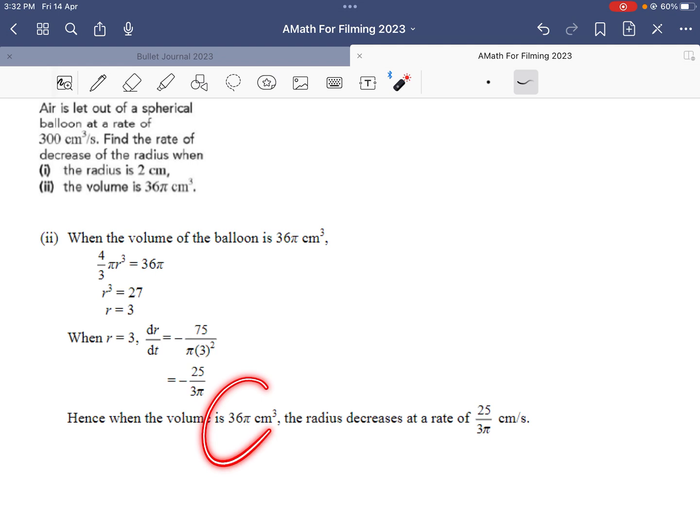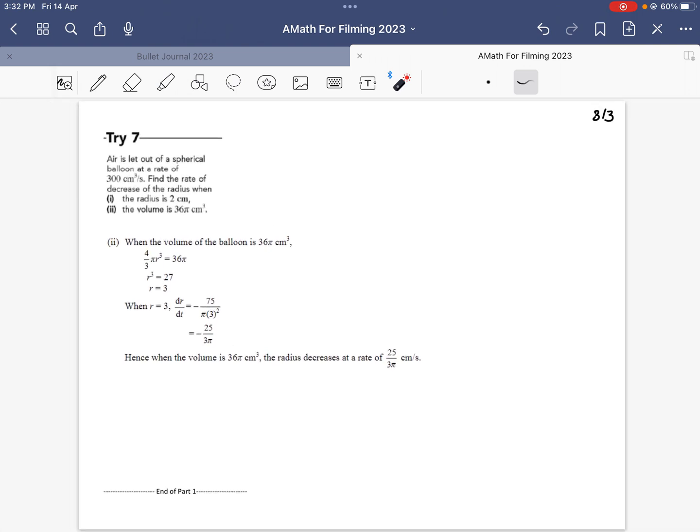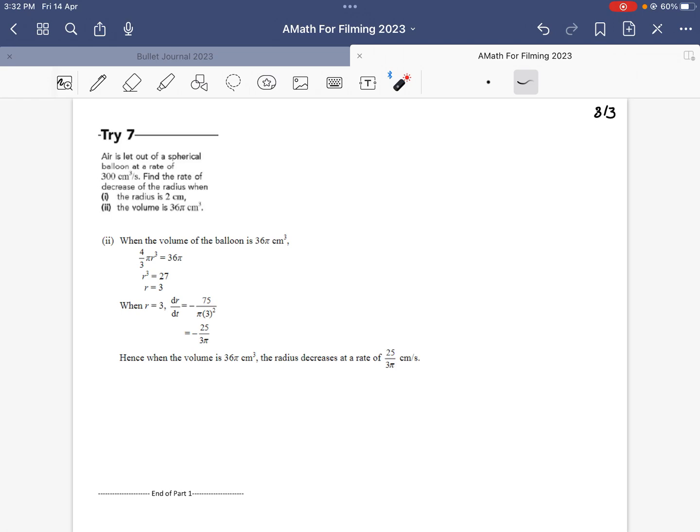So it implies this, that when the volume is 36 pi cm cubed, the radius is 3 cm. When the radius is 3 cm, as we substitute into the expression, we found that the rate of change of radius with respect to time is negative 25 over 3 pi cm per second. And that's it for